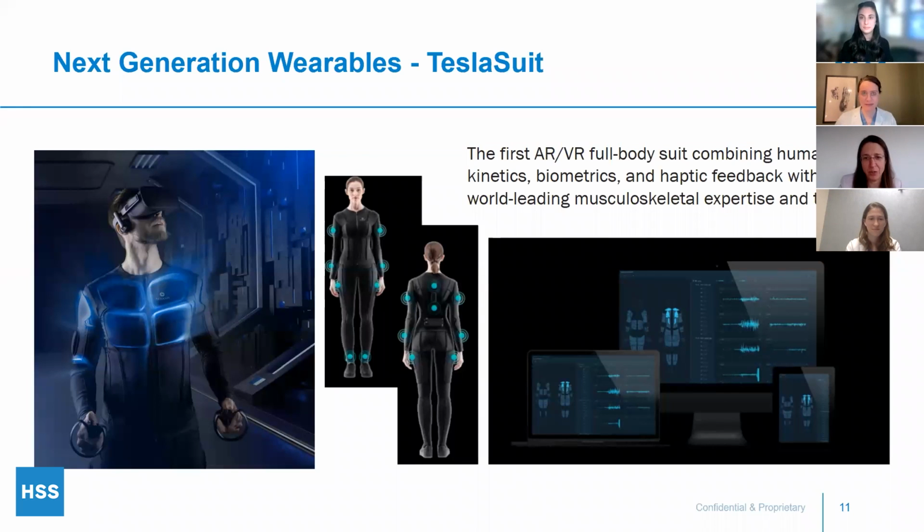I'll go ahead and share. I would like to share one project that we are currently developing, an innovation. It's a next generation full body suit that combines an enormous amount of technologies: biometry, motion capture, VR, and haptic feedback. We evaluate a lot of technologies that can assess motion, but this one is really specific because it provides that VR experience and also haptic feedback, so that once the data is processed and it collects all this data about your movement, it also has electromyostimulation, with 89 channels that go through the bodysuit,